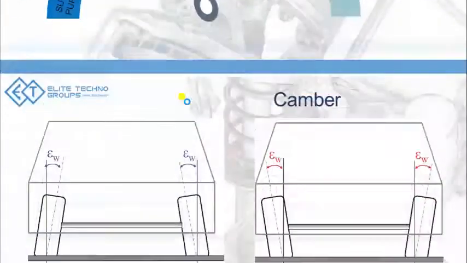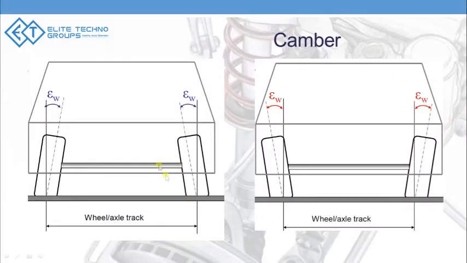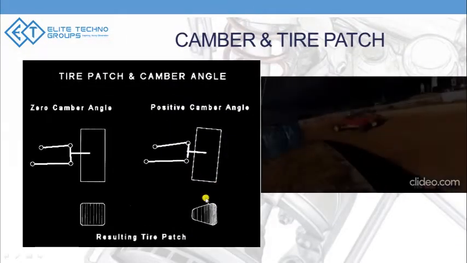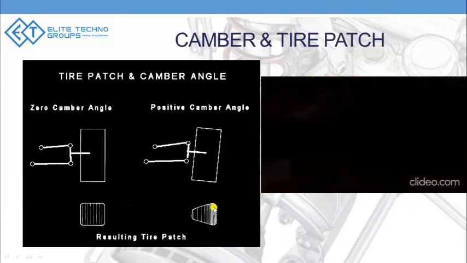So camber, if I have to explain in very simple terms, is how the car looks if you stand in front of the car. Just imagine that you are standing in front of the car and this is the view that you see. If the top parts of the wheels are facing towards each other, that's called a negative camber. And if the top parts of the wheels are away from each other, that's a positive camber. And depending on the situation, the camber requirement, positive or negative, changes.